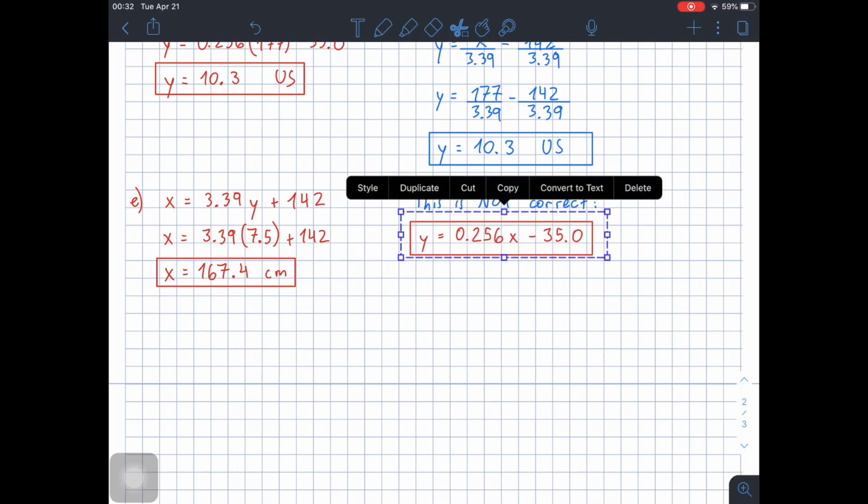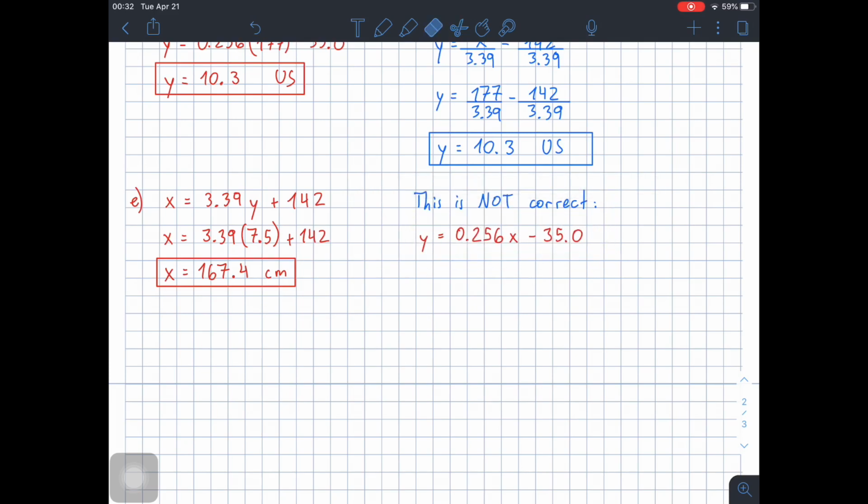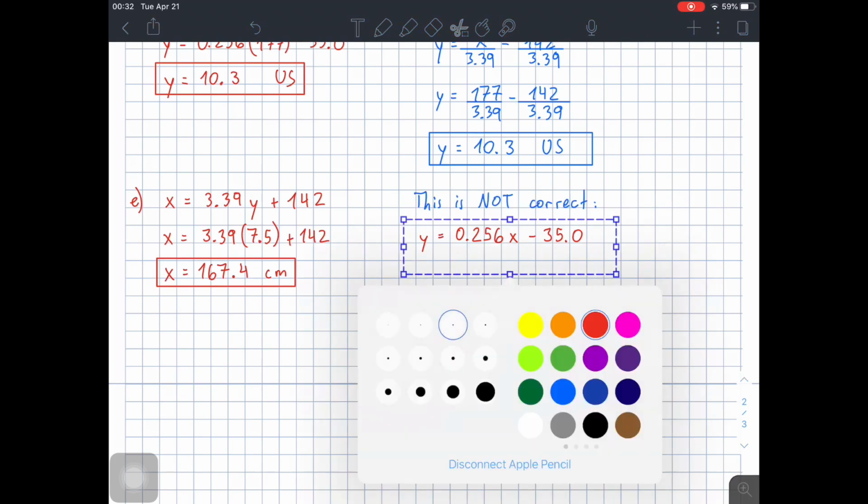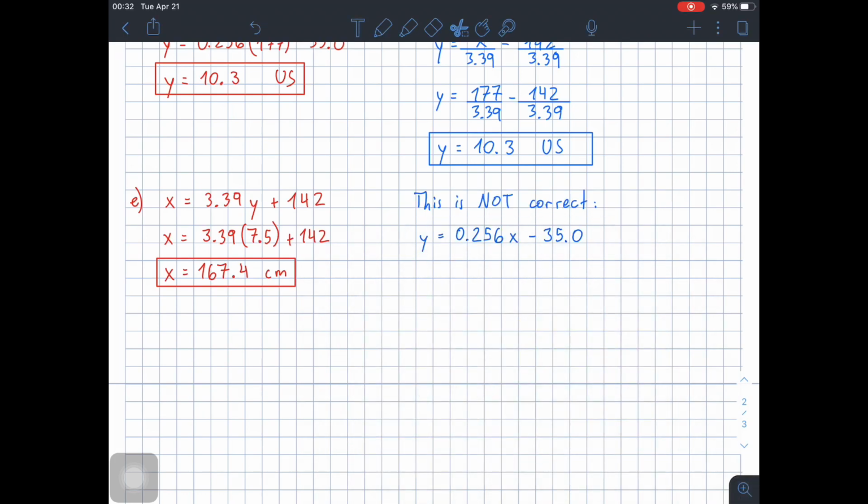So I'm gonna erase this and change the style to blue. Now remember, we have the value of y and we want to predict the value of x. So I'm gonna plug in the value of y here, which is 7.5. Sorry, I'm using blue. 7.5 equals 0.256x minus 35.0. No, sorry, I want to predict x. So if we solve for x, this would be